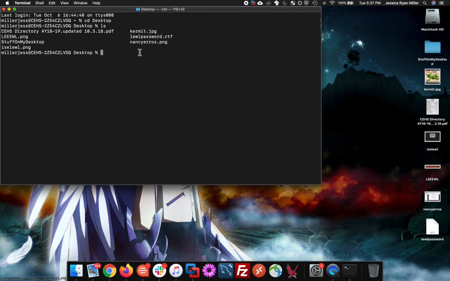Next thing I want to do is make a new folder. Again, a folder is also called a directory in the computer world. So I'm going to use the command make directory, which is mkdir for make directory. Then I'm going to press space, and I need to give my directory a name, so I'm going to name it test folder 1. You can name your directory whatever you want. I'm going to hit enter,